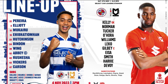Jack Payne replacing Jack Tucker for MK Dons, who are 1-0 down here at the SCL. That's the replacement. You haven't missed a kick of the ball because we're waiting for this substitution to be made by the visitors. And Reading at the moment in control. That can only help Reading's cause, can't it? The fact there's an enforced change. And it was his own fault, wasn't it? He was the one who committed the foul on the Hibatman, but